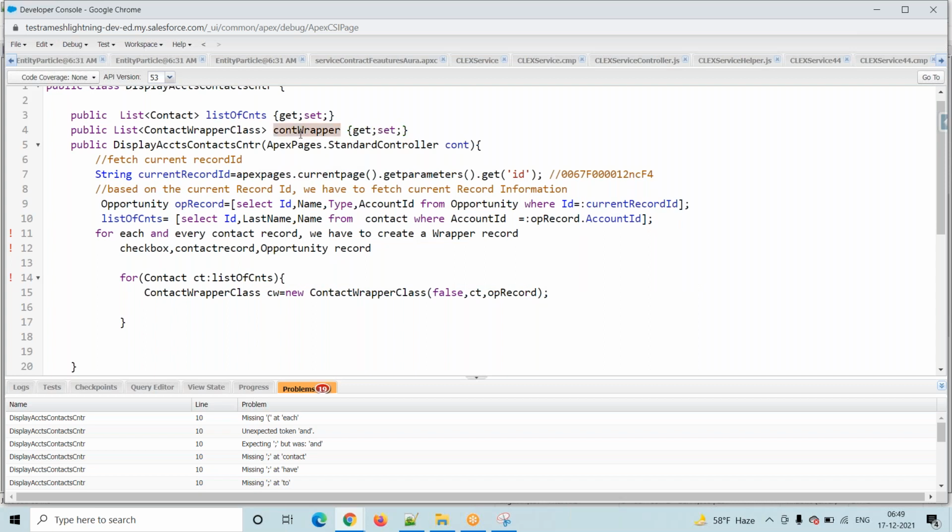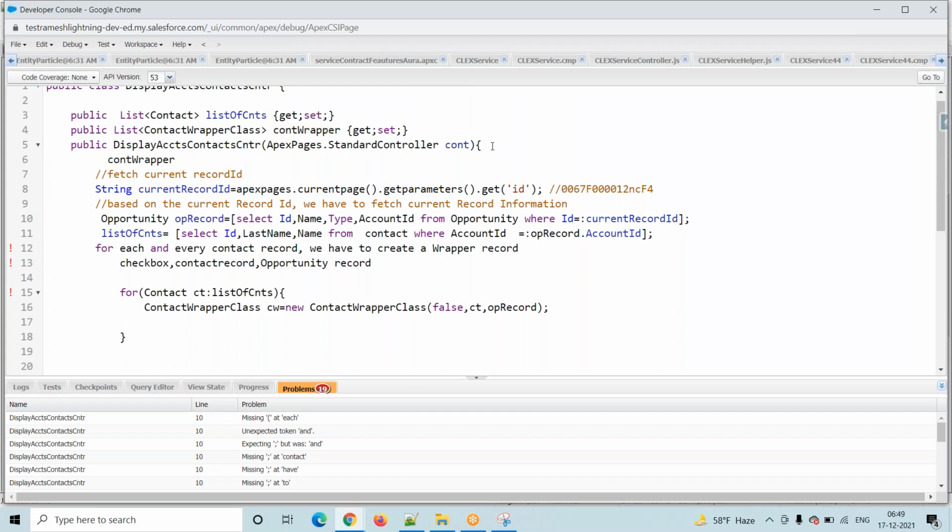Then the next one is we have to create an instance for this one: contact wrapper equals new list of contact wrapper class. Then for this contact wrapper we are adding here CW. This is finally our code.